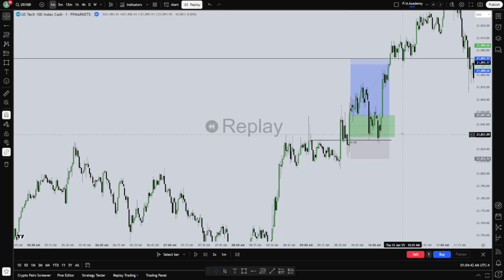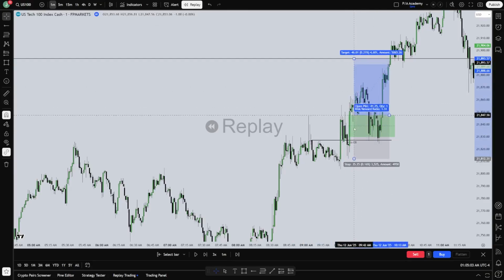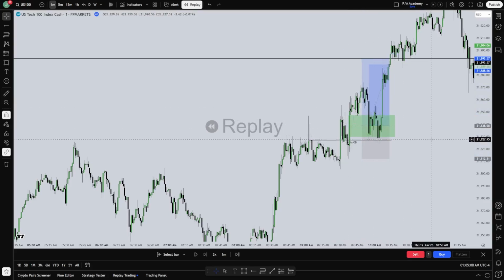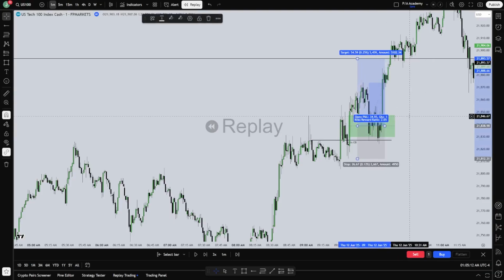1.3, that's not enough. So for that reason, and because I like this trade so much because of all the displacement. So we have a displacement here, consolidation, absolute monster displacement above this high, and then a bit of consolidation and a return back into this fair value gap and into this 5-minute order block. I'm like, okay, I love this trade, but I don't like the RR, the risk to reward, right? So I'm going to enter at a higher probability target in the fair value gap, which is the midpoint of it, also known as the consequent encroachment. So I'd enter there,